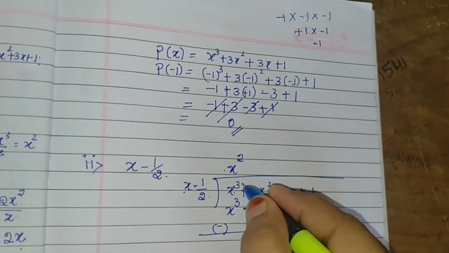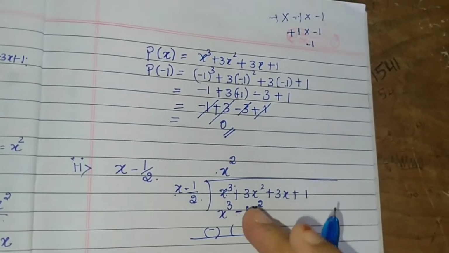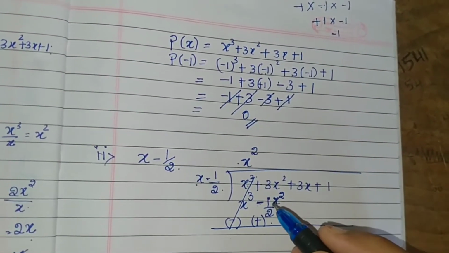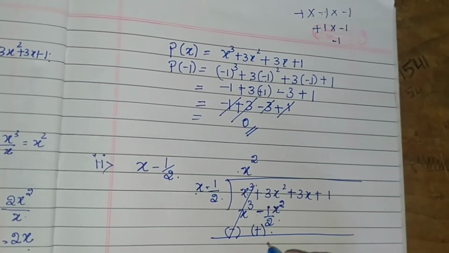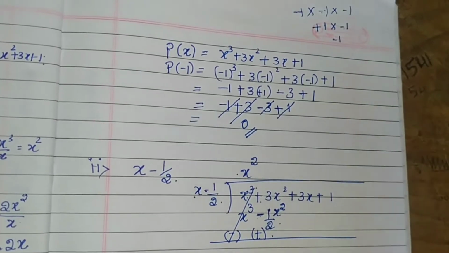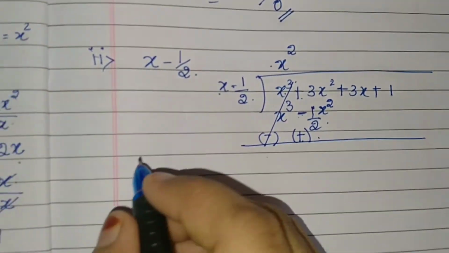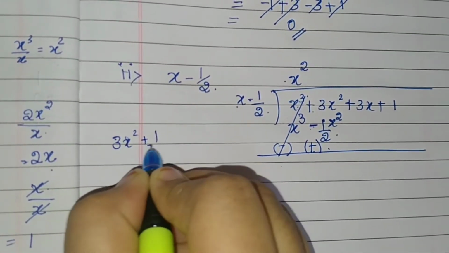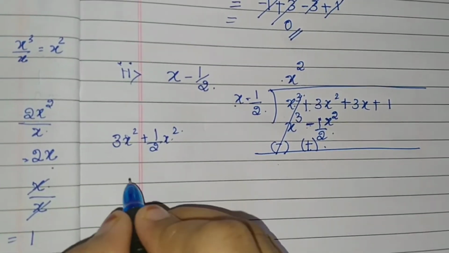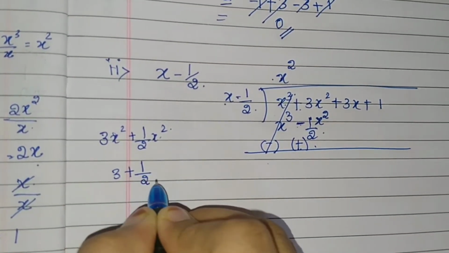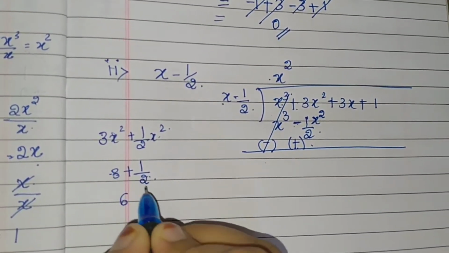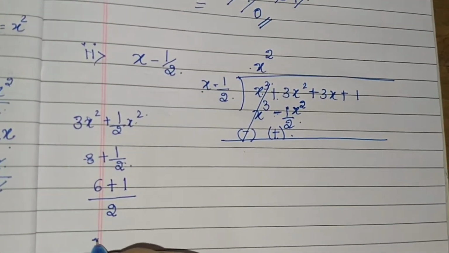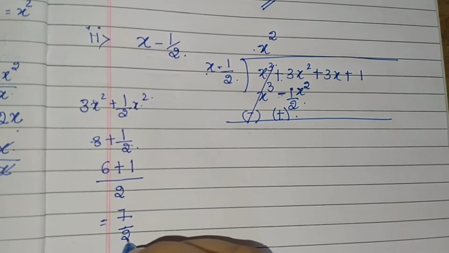So the next step is what? You have to change the sign. So when you change the sign, in place of plus you put minus, in place of minus you have to put plus sign. Okay. So x cube minus x cube will get cancelled. So what is remaining here? Plus 3x square plus 1 by 2 x square. In this case, you have to take the LCM over here, that is 3x square plus 1 by 2 x square, right? So if you consider the numbers over here, 3 plus 1 by 2, isn't it? Cross multiply this, 3 2s are 6, plus 1 divided by 2. So this will be equal to 7 divided by 2.